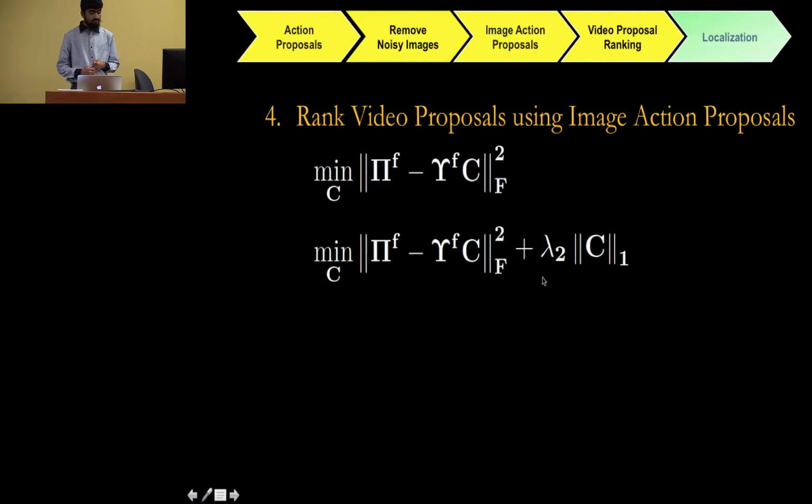But we know that not all the images are useful because there are definitely some noisy, and also the image proposal method may have some problem. So we basically introduce sparsity. The second term introduces sparsity so that some of the values in the C matrix can become 0. Furthermore, you might have noticed that this matrix is basically keyframes of one proposal, which means that